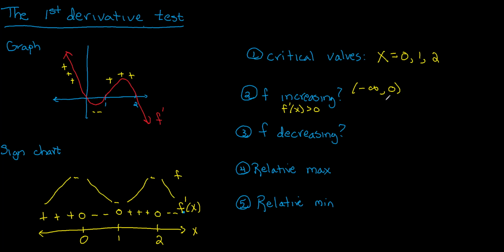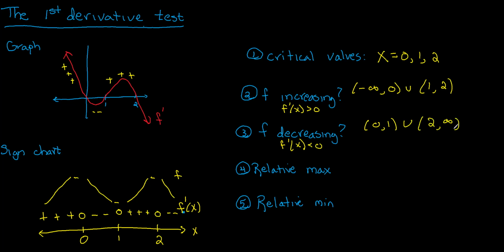Also from 1 to 2. I'm going to write union 1, 2. It's decreasing. In other words, my first derivative is negative when I'm between 0 and 1. Again, I'm using the parentheses. It's the open interval from 0 to 1. Union open interval